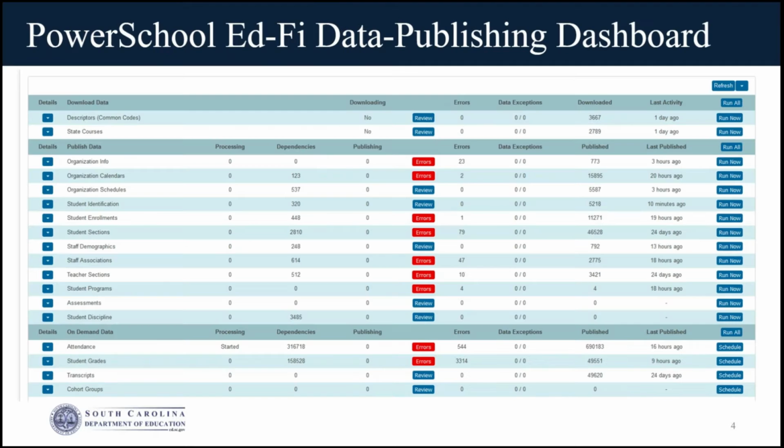So a couple things, by the way. Once a connection to the API is made and data has been published, you're going to see that data continues to publish automatically to the ODS from PowerSchool, and there is a data publishing dashboard in PowerSchool that can help you easily confirm that this is happening and whether or not something needs attention. So this is an example of what that dashboard could look like, and we'll get to that after we've taken some steps that need to be taken first.